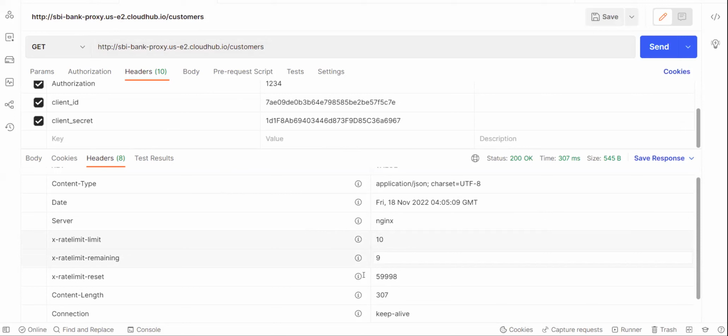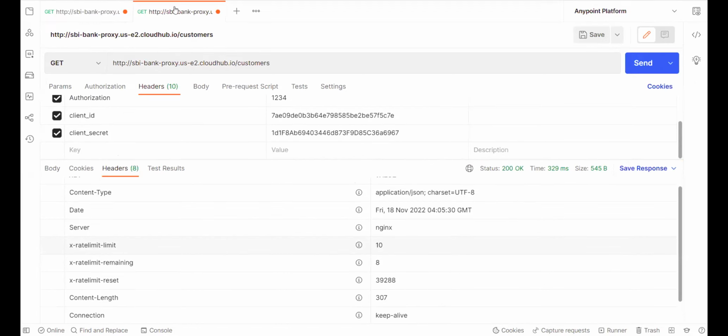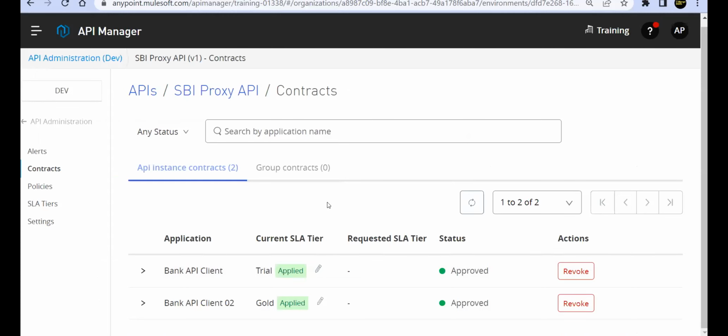Clear? Yep. So now, have you opened 2 Postmans? No. I have created 2 tabs. Have a look at it now. 1 tab, 2 tab. In 1 tab, I am passing client 1 credentials. In another tab, I am passing client 2 credentials. Clear? Okay. Yep. So now if you look at this, we are trying to secure our API with client